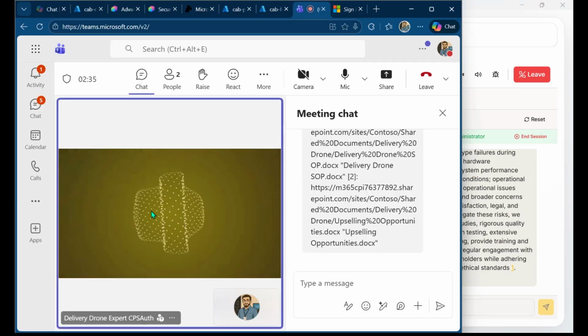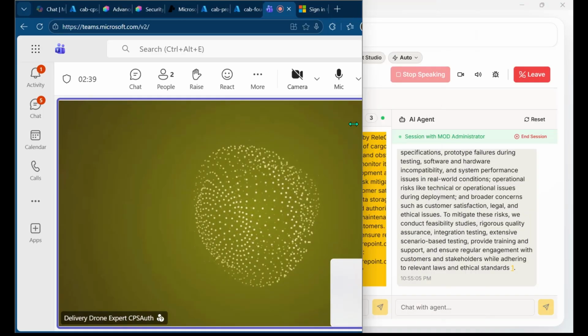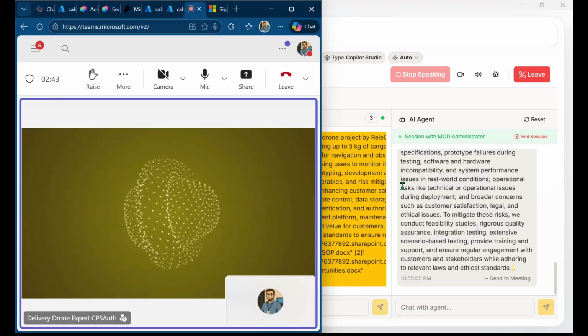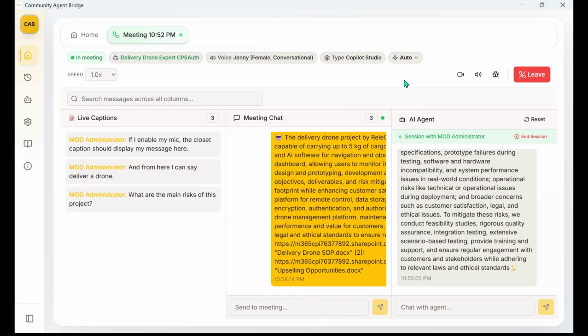The main risks associated with the delivery drone project include technical challenges such as the drone design not meeting specifications, prototype failures during testing, software and hardware incompatibility, and